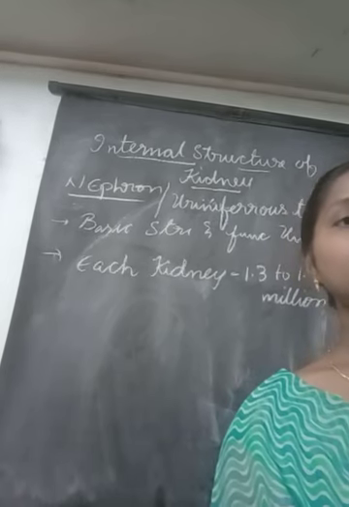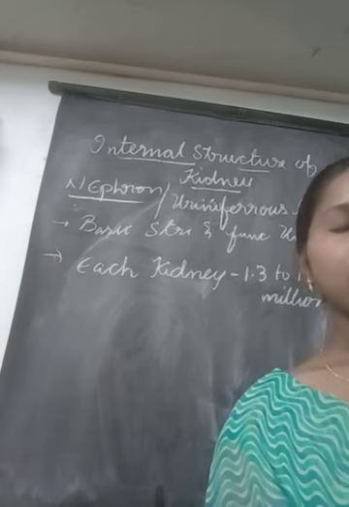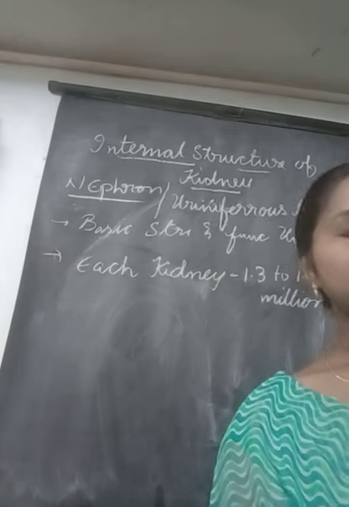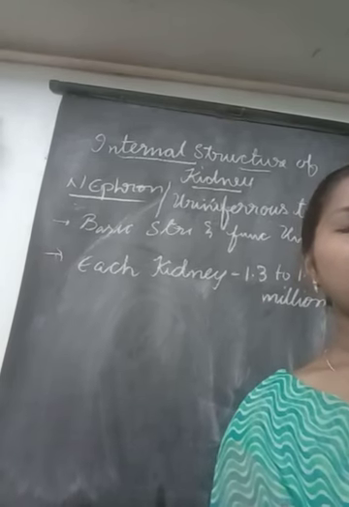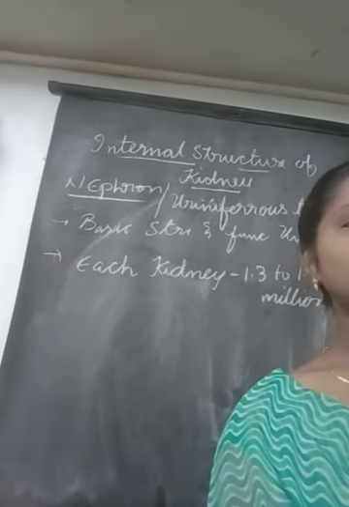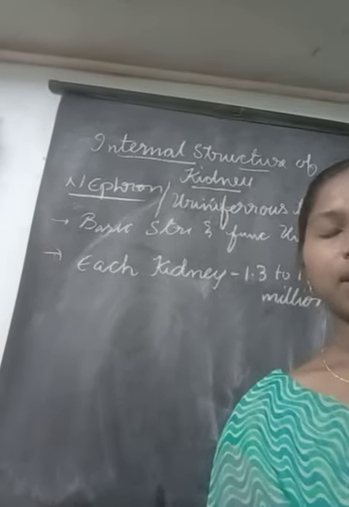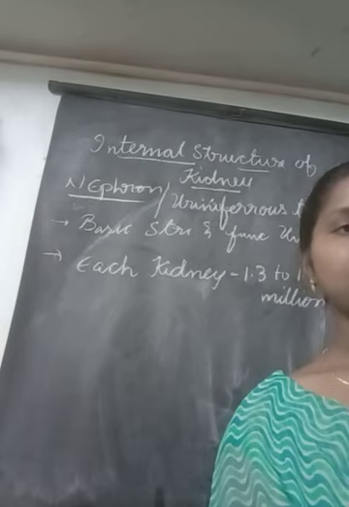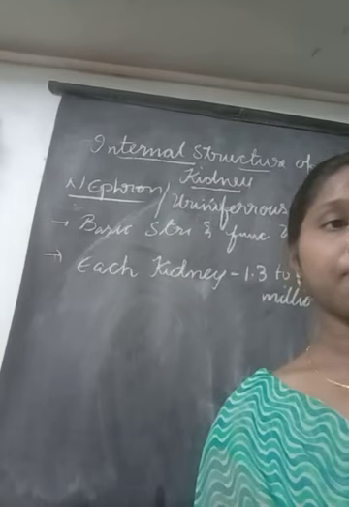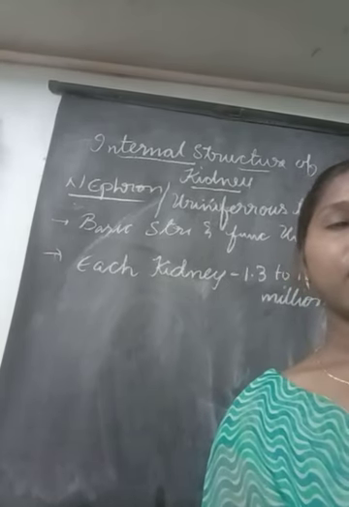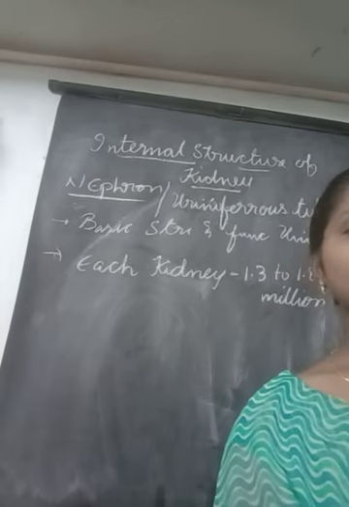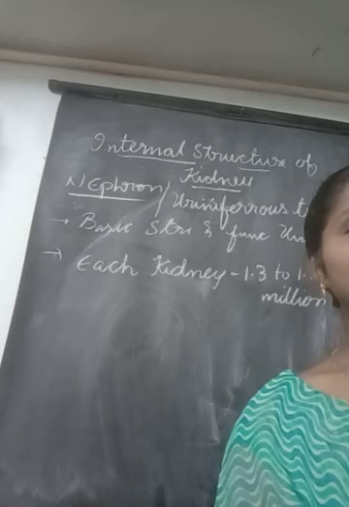And those nephrons are not at all replaced. Their number will not be increased, and their number will not be decreased. How many nephrons we have by birth, those many nephrons only will be in the same number until our death. But what is changing here is the functioning of the nephron. When we are in the younger stage, when we are in adult stage, our nephrons are very active and do their work perfectly.